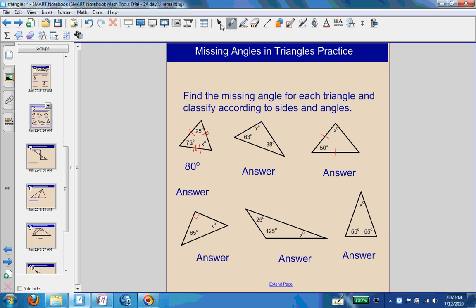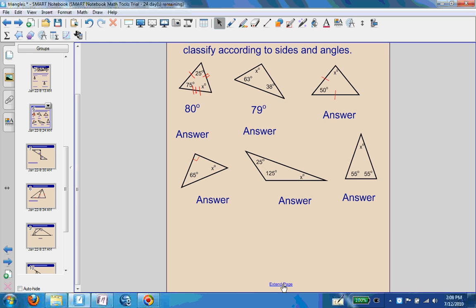For the next triangle, we add 63 and 38 and subtract from 180. And that'll give us the answer. Our answer is 79 degrees. So this is very similar to our previous example. Let's skip down and do a couple of other ones. And then you can try the rest on your own and check the answer sheet. So let's look at